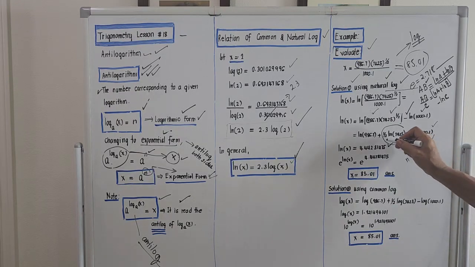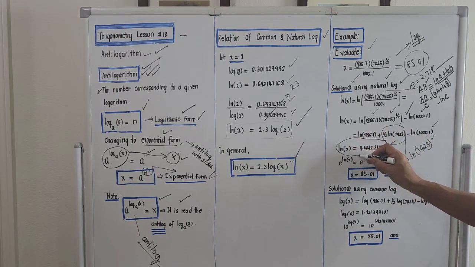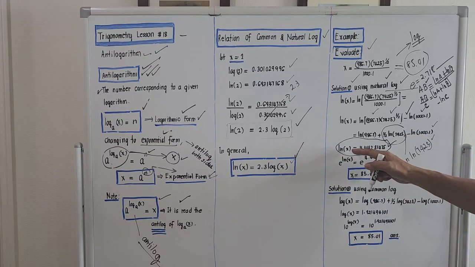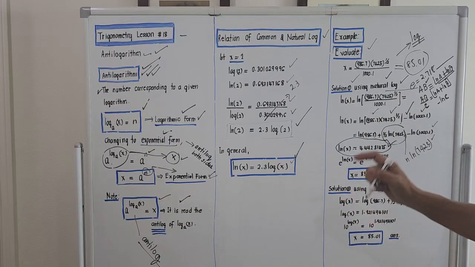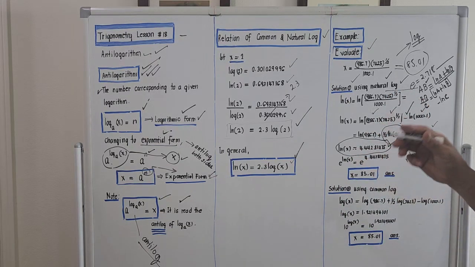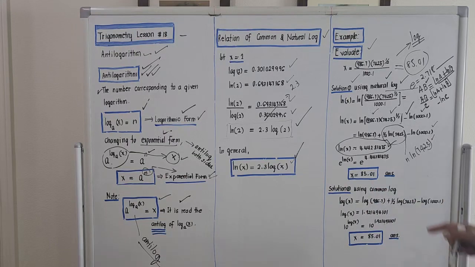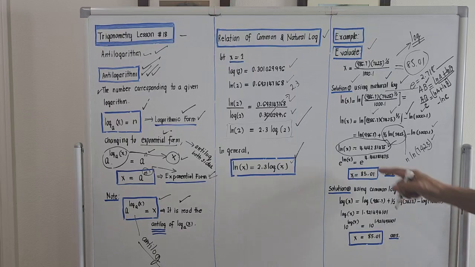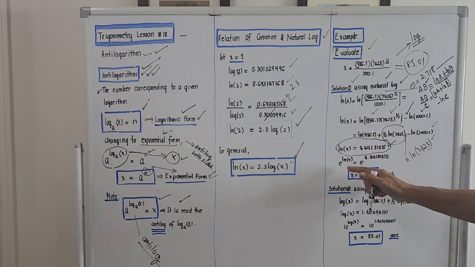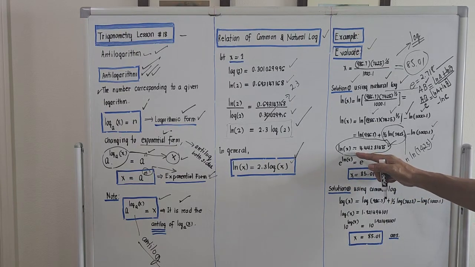So in here, we are now given a natural logarithm function. Okay? We must compute for x. We must eliminate the natural logarithm, and to eliminate the natural logarithm, we must take the antilog of both sides. What's the proper way to take the antilog of both sides? We change this logarithmic form to exponential. What's the base of the natural logarithm? It is e. So it will be e raised to the natural logarithm of x, and this should be equal to e raised to